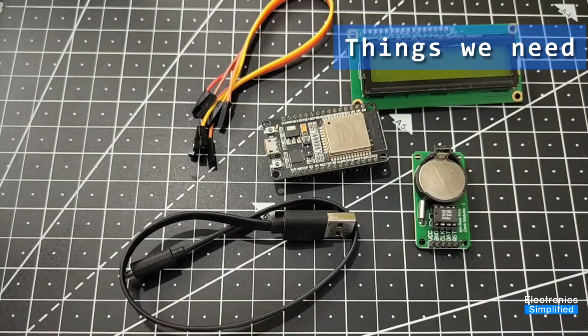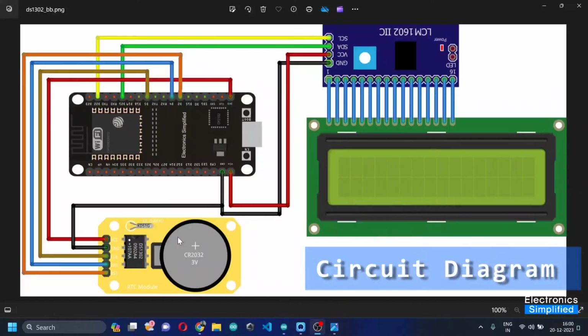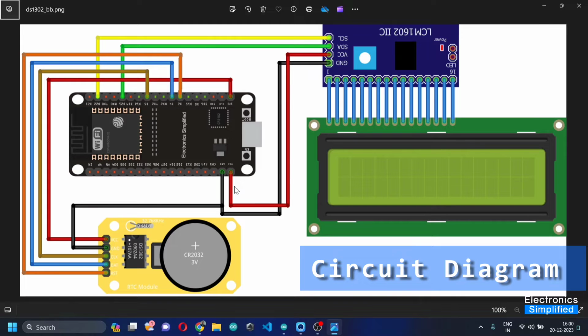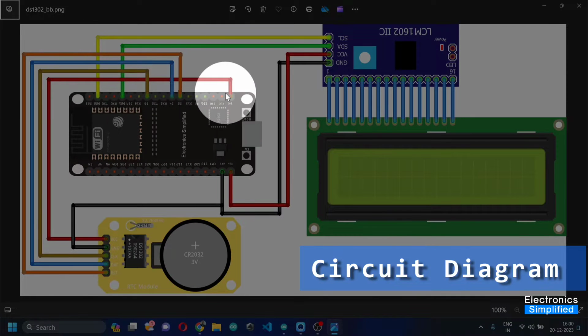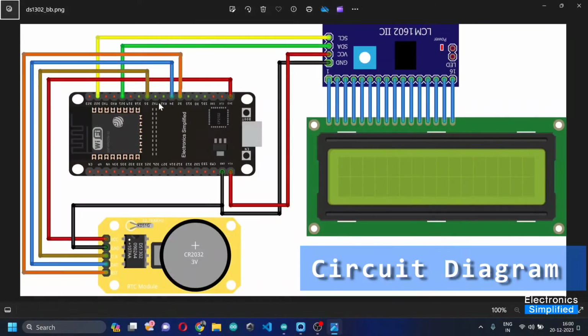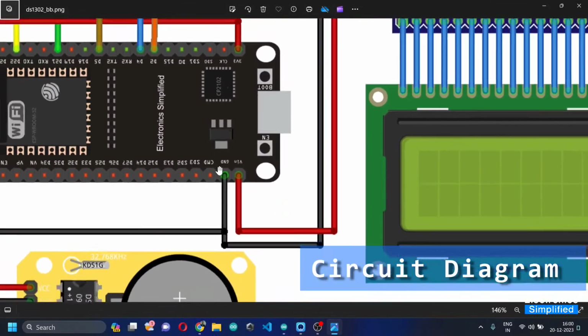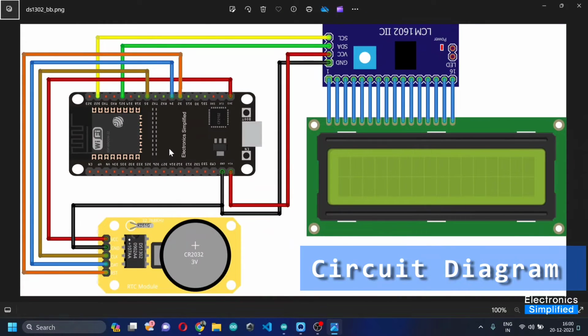So now let's have a look at the circuit diagram. So this is the circuit diagram, and as you can see, most of the connections are to be done only on one side of the ESP32. If you do not have two ground pins on your ESP32, you might have to use a breadboard to get these connections done. I will be using just jumper cables. So the circuit diagram is provided in the description, in case you want to follow me on how to do the connections,